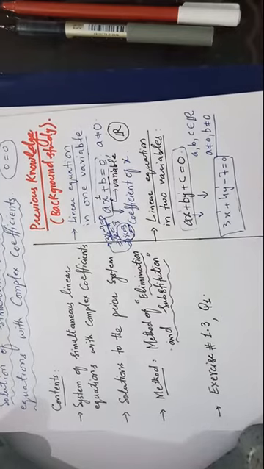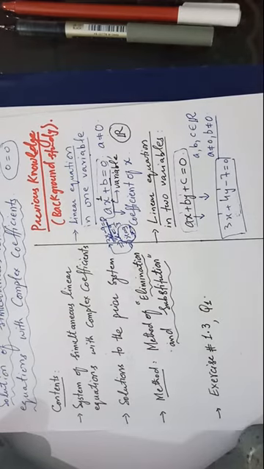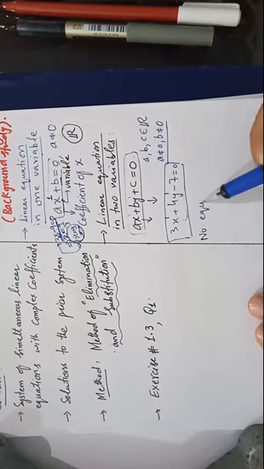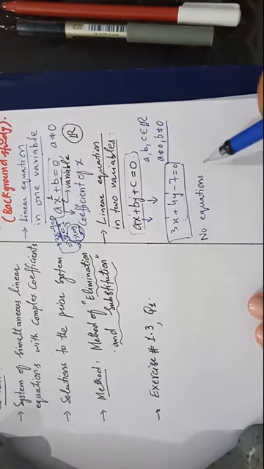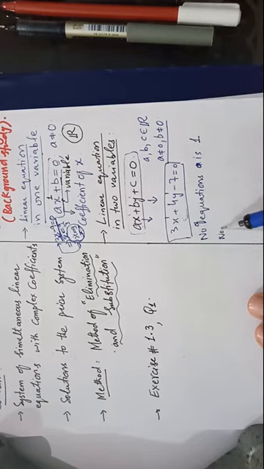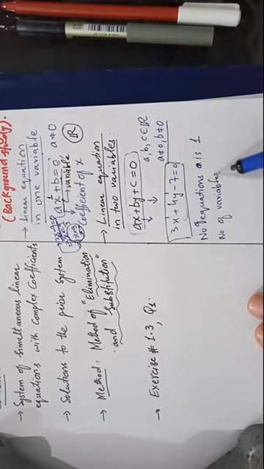Now if it is a linear equation, how many variables are there? There are two variables, x and y. So that's why this is a linear equation in two variables. Now in this case, the number of equations is 1. You see that this is a single equation, and the number of unknowns, unknown meaning variables, the values of which we are finding.